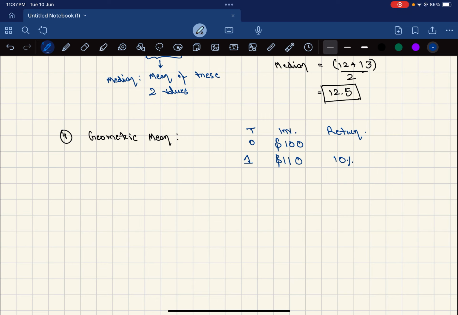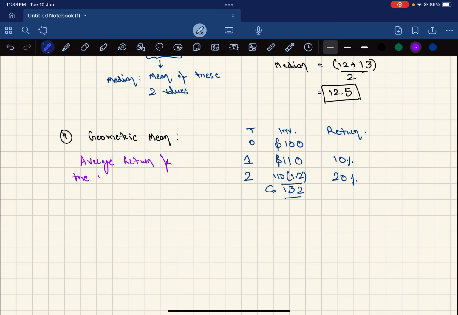So let us say this is the investment. Now at t equal to 2, let us say we make another 20%. 20% is specifically made in year 2, and therefore the value here becomes 110 × 1.2. 20% of 110 is 22, and 110 plus 22 is 132. So the investment value total becomes 132. Now if one wants to calculate the average return for the investment,